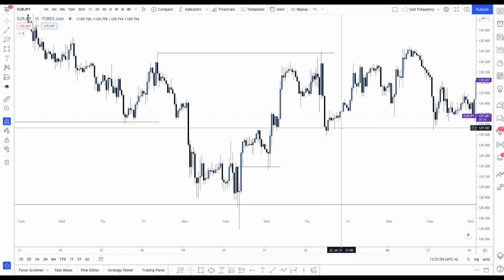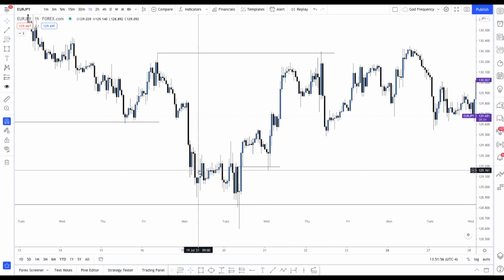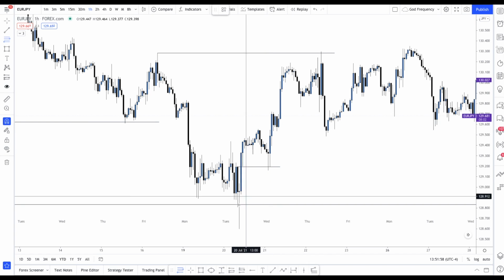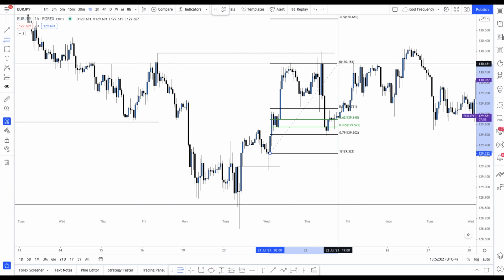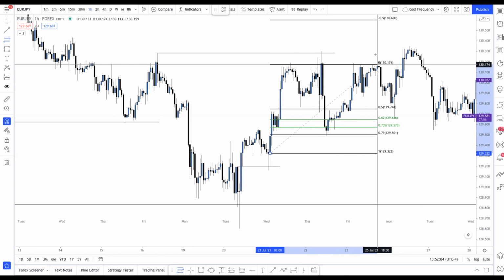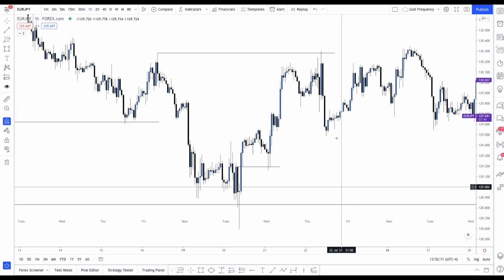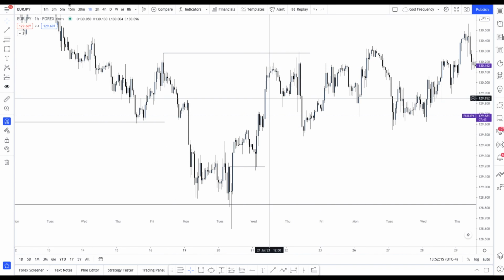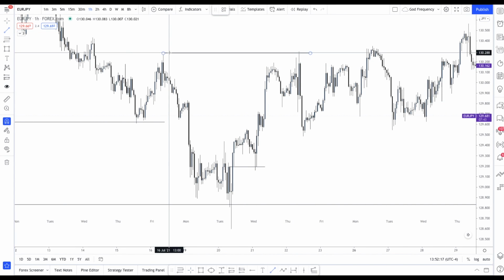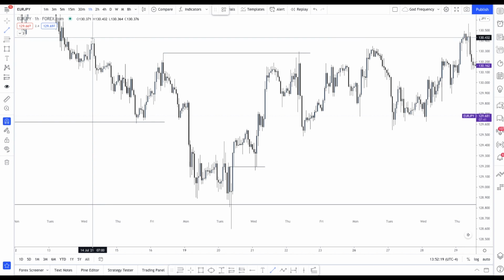Right, you get a reaction, you get another pullback. So right here, I see you have one entry here. Then, if you missed that entry, you get a second entry here. You could have got it at the 62, 70 or the 79 level there, right? So that's a second entry here. Like once it comes and pulls back, my eyes now that we purged that buy side liquidity, my eyes go here